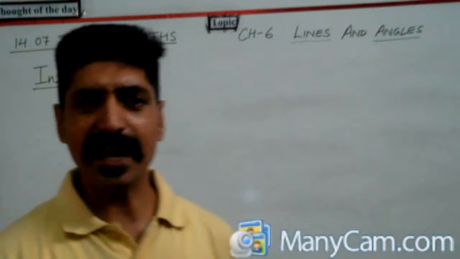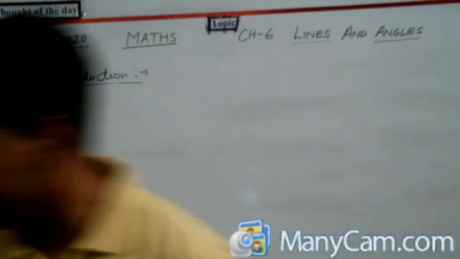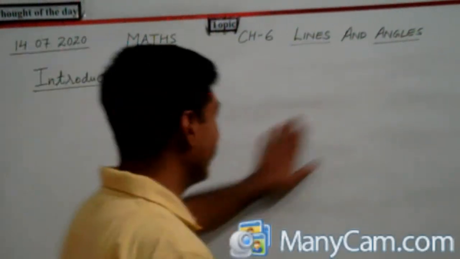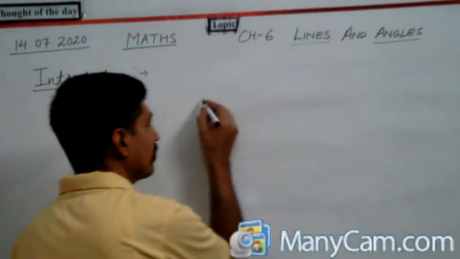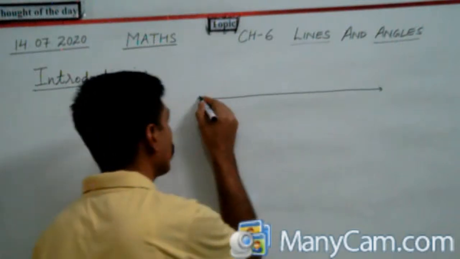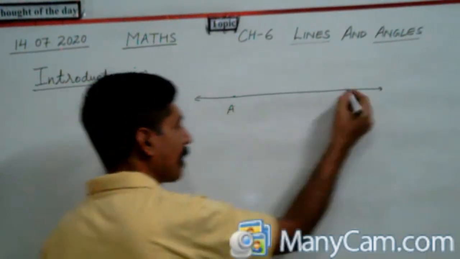So let's start the topic, that is lines and angles. So we have so many examples regarding the lines. We know the horizontal line. If we are drawing a line, we generally name the line. If the line is AB,